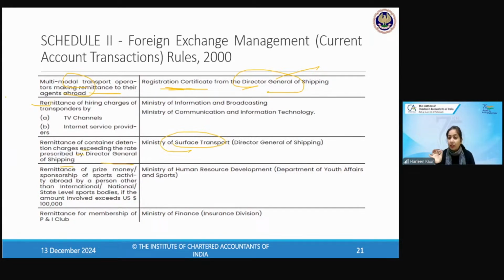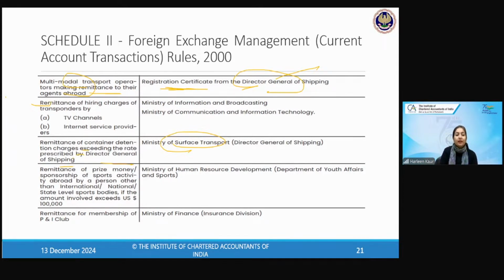So you will have to write this down and learn it. Director General of Shipping. Who is there in Shipping? The Director General. Okay, Kavita, you simply remember FAS and FOB basis, then it is exempt. Don't go into the meanings, because they have huge meanings of their own. Freight is being paid in different ways. Free on board, FOB. So if that is the case, then it is exempt, then no approval is required.